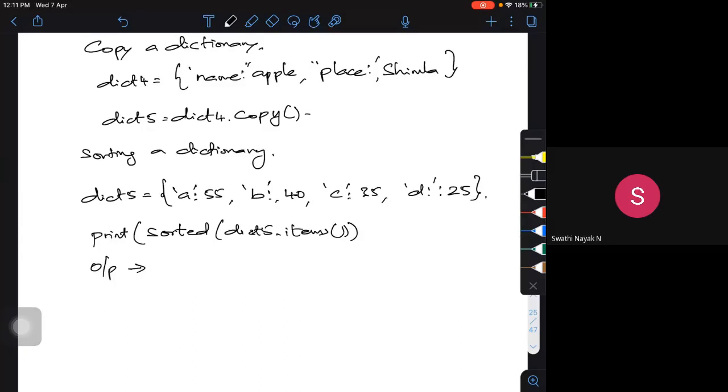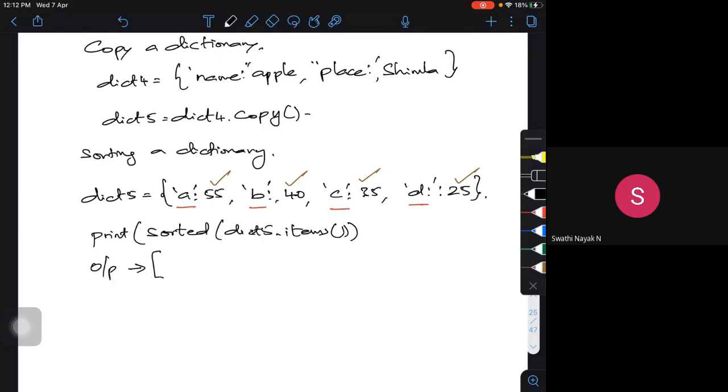It's going to take your keys. When I put this sorting, A, B, C, D are my key values. Over the values, 25 is the minimum, 35 is the next one, 40 is the next one, and 55 is the next one. So my output is going to change.